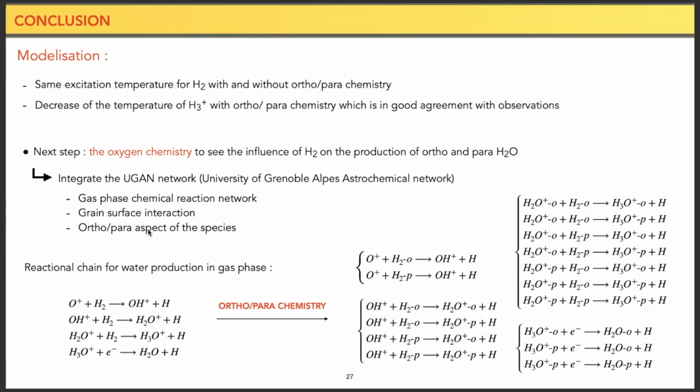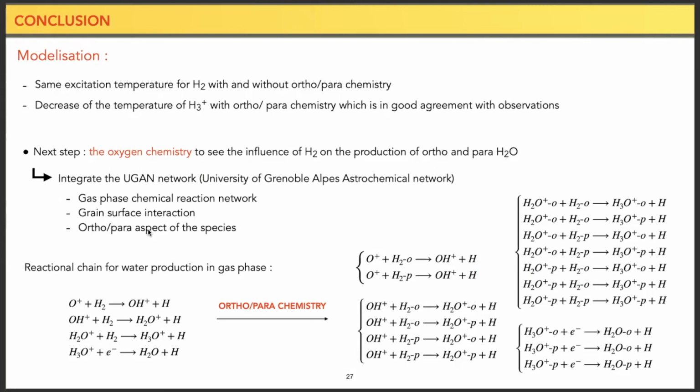To do that, we're going to integrate the UGAN network, which is a gas phase chemical reaction network that takes into account grain surface reactions and the ortho-para aspect of the species. The reaction chain for water production in the gas phase is only 4 equations. But when we take the ortho-para configurations, we have 16 configurations,